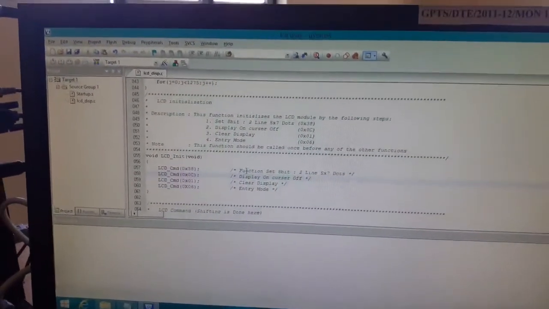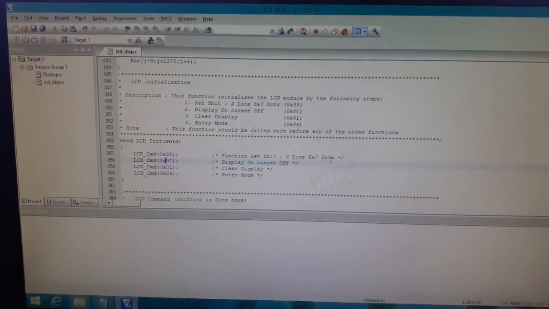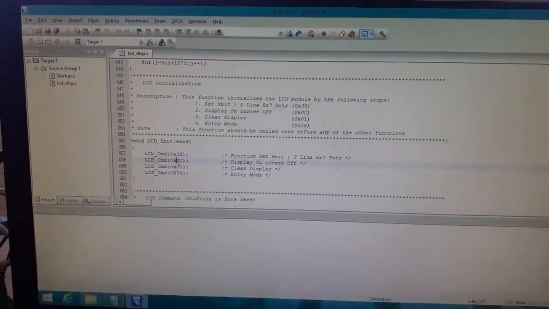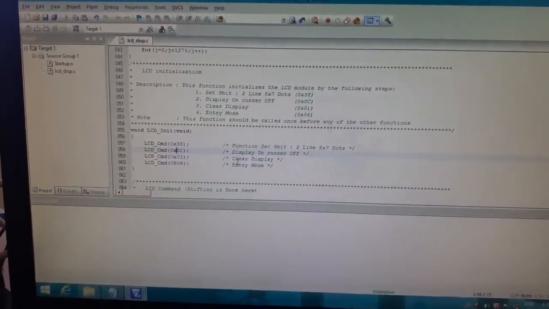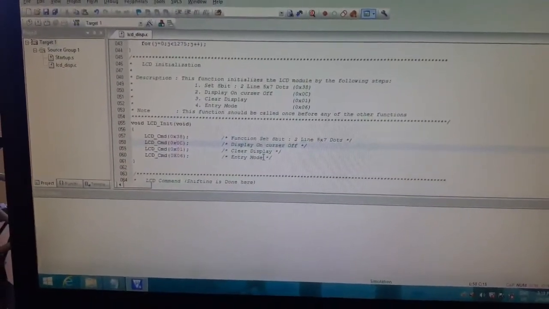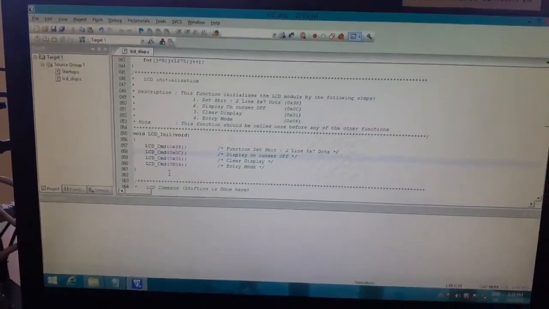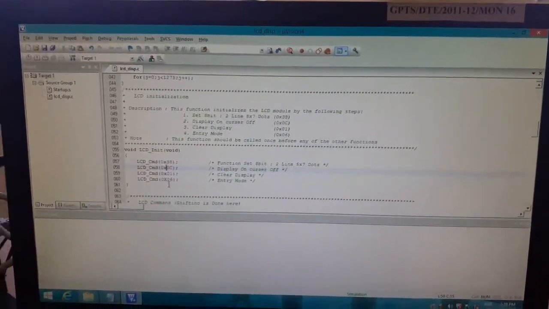Here 0x38 is used for function set 8-bit 2-line 5x7 dots, and 0x0c is used for display on, cursor off, 0x01 is used for clear display, 0x06 is used as an entry mode. These are the standard command modes used in the LCD init function.